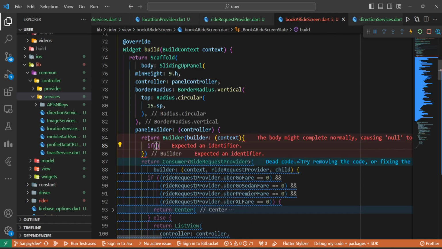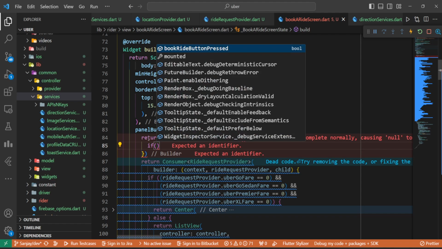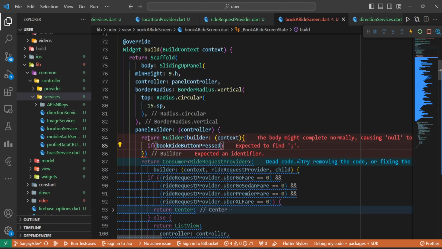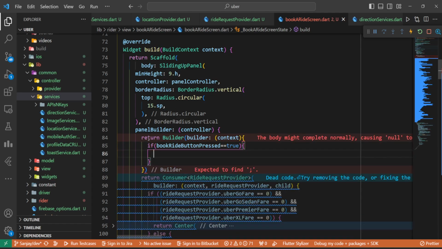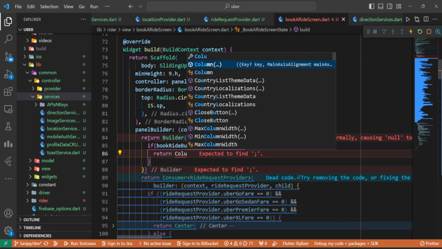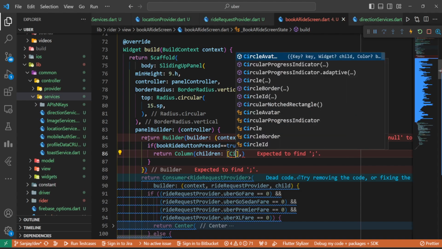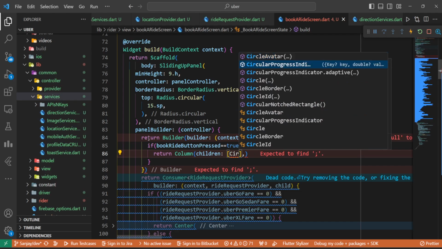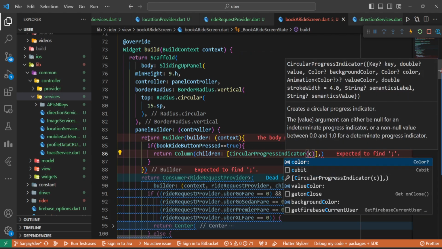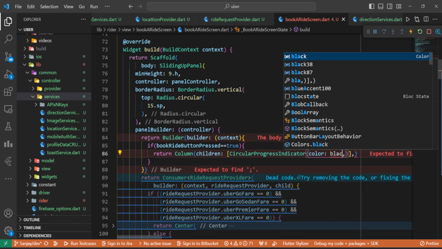If book ride button pressed equals true, we want to show a column, so we'll return column children, and it's going to be circular progress indicator color black,